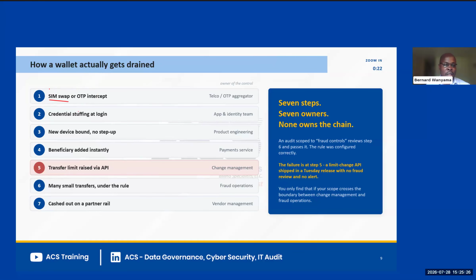So that phone number might be attached to a SIM card and it might be swapped, or there might be an attack where the OTPs are intercepted at a telco level before they reach the end user, or at a time when the end user is not awake or not paying attention to their phone. And so in this case, your partner or the risk owner, the control owner, the entity that you have to work with is the telecom company or the aggregator that you're dealing with, one of your partners.